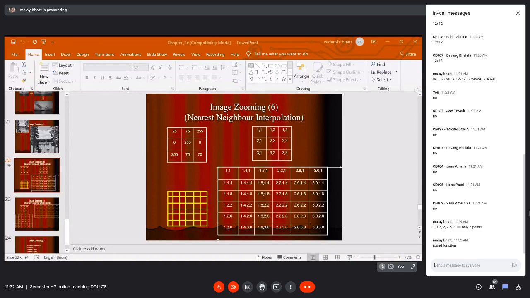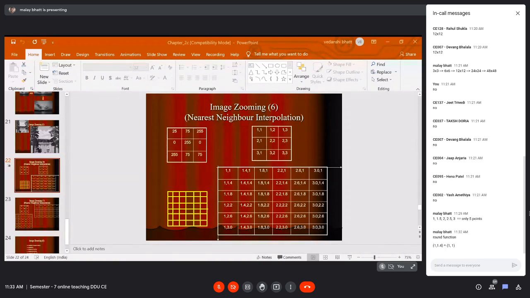If it is a point like 1 comma 1.4, this will round to 1 comma 1, because 1.4 is lesser than 1.5. Similarly, the next point, 1 comma 1.8, will round to 1 comma 2.